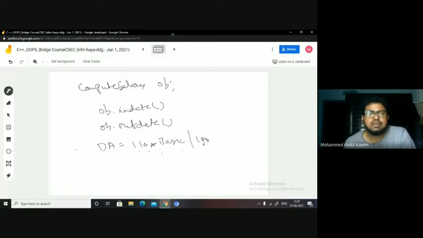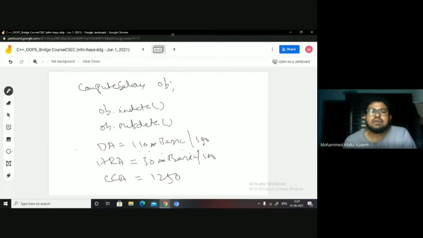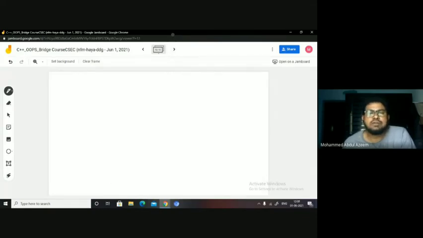Let us say HRA is 30%, then you calculate 30 into basic by 100. Let us say city compensatory allowance is 1250, and next we have PF, let us say 1800.